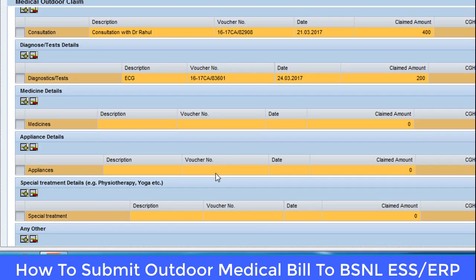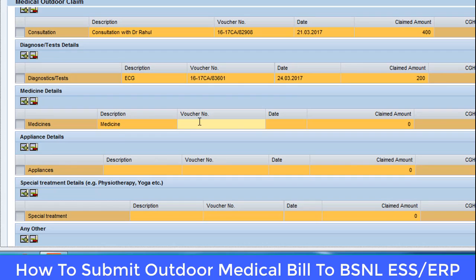And now we'll come to the medicine details that we have to put up here. So I will enter the medicine details here first. First of all, this field is there. Actually this one, this 24 medication.